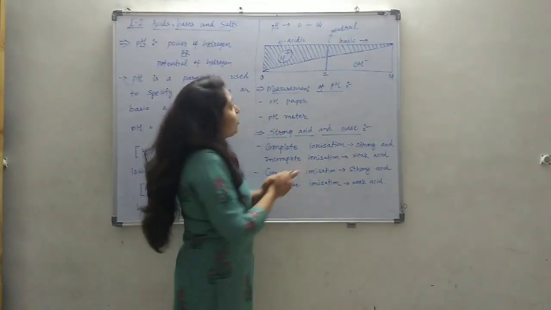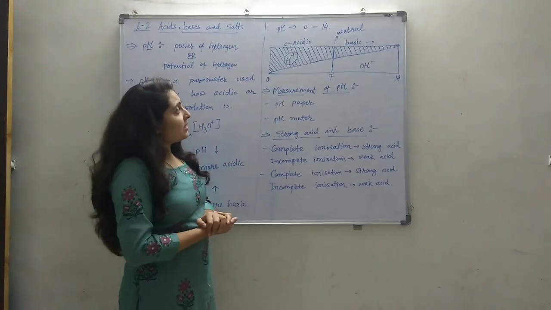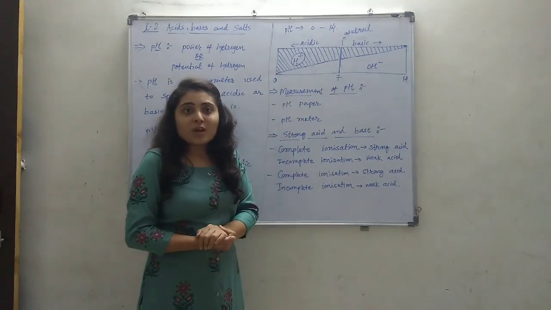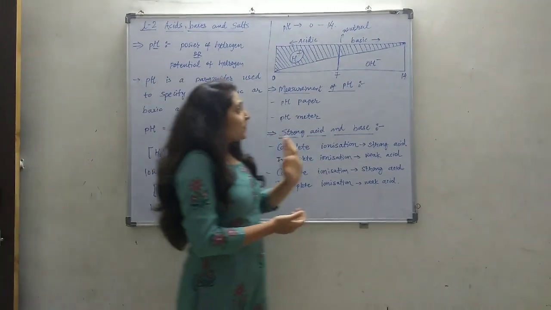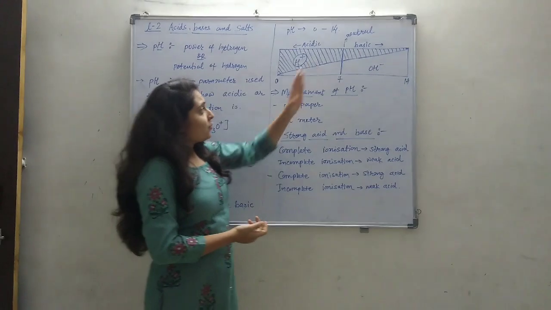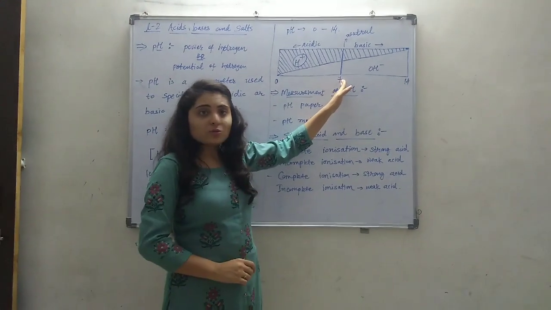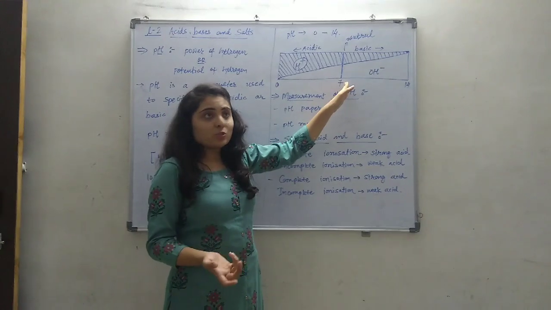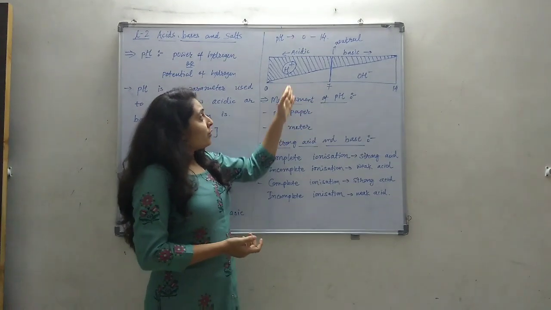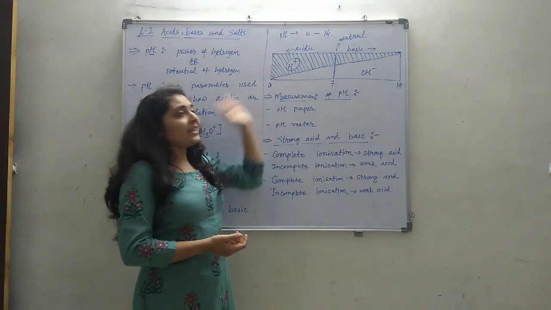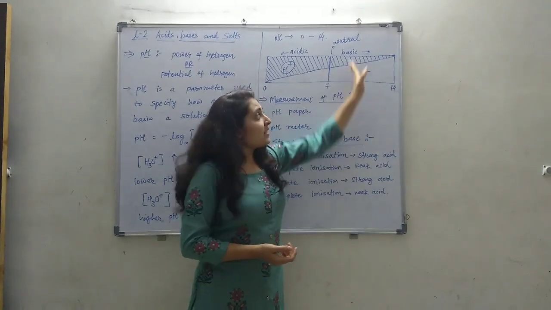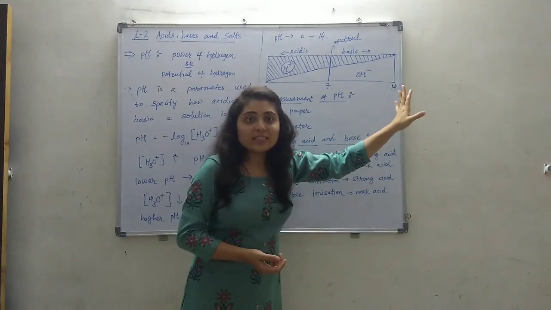So this comparative idea is represented on a scale, right? But in water, H+ and OH- both are present. This is the range of the pH scale, 0 to 14. Pure water has a pH value of 7, so the neutral solution has pH 7. For lower values, H+ increases and acidic nature increases. For higher values, 7 to 14, basic nature increases and acidic nature decreases.